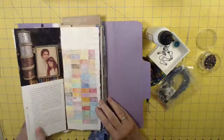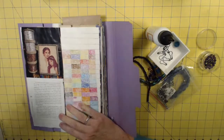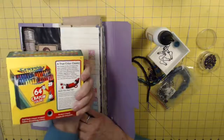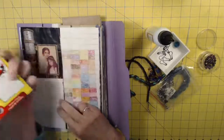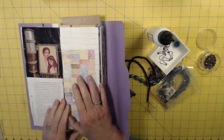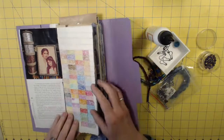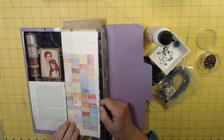Okay. So here I did two things. First of all, I had so much fun. I had to buy some crayons because they don't have any. Remember getting these at the beginning of the school year, and it was so exciting because you could sharpen your crayon with the little sharpener at the back. Well, I bought myself that set just so I could complete this item, which is 25, use all crayons on a page. And underneath it are where I should write two things I don't like about myself and then